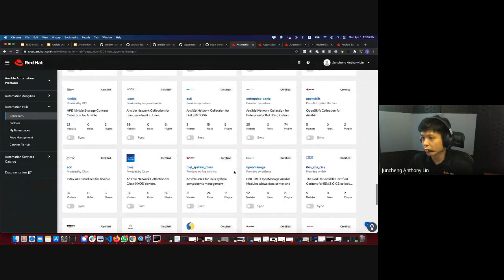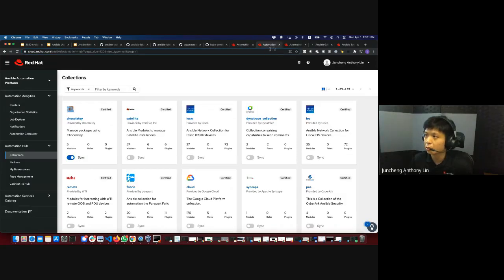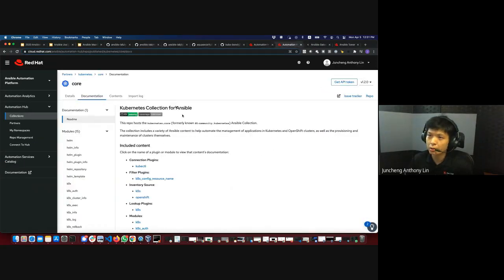The one which is probably more recent is the Kubernetes collections, which we wanted to show in a very short demo later on, the stuff that we are doing in the containers world. It's not just the usual things that we have been talking about all this while with the VMs and the bare metal. We also look at this Kubernetes stuff. So if you were to click on this, which I opened up earlier, you can see that this is the Kubernetes collection for Ansible.